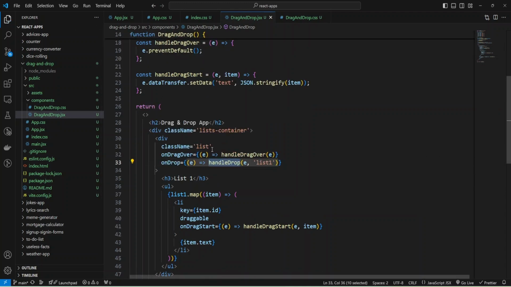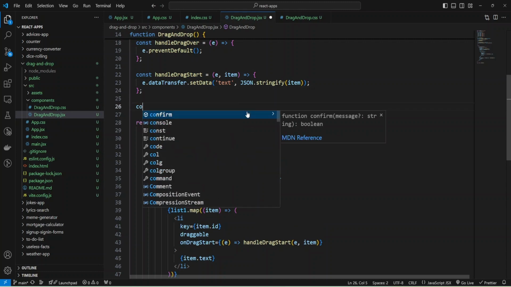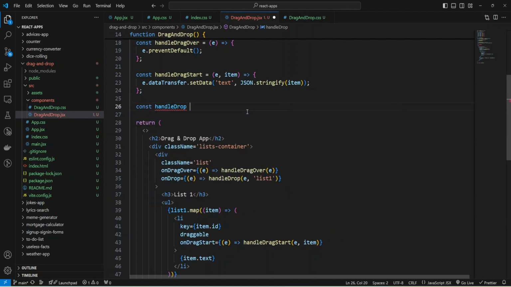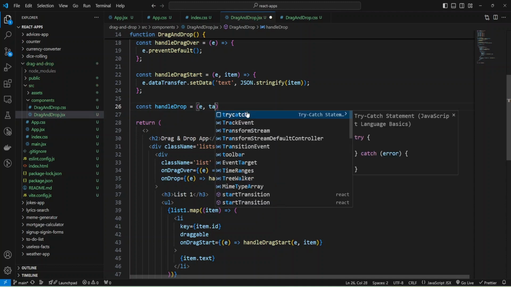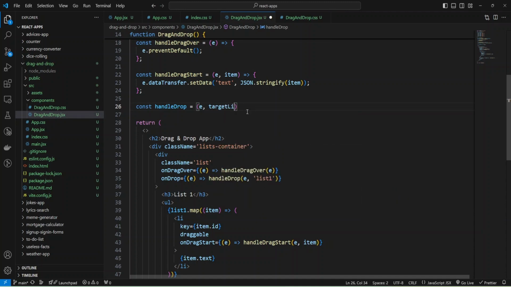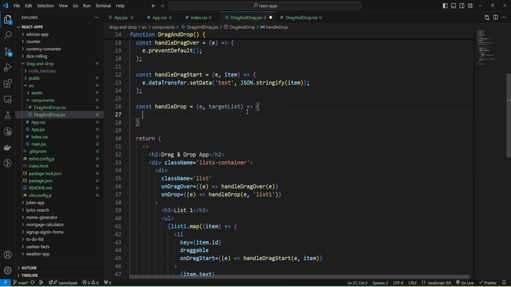Okay, and now we need to implement the function handle drop, and it will take event and also some text, and I'll give it the name target list, and implement the function.